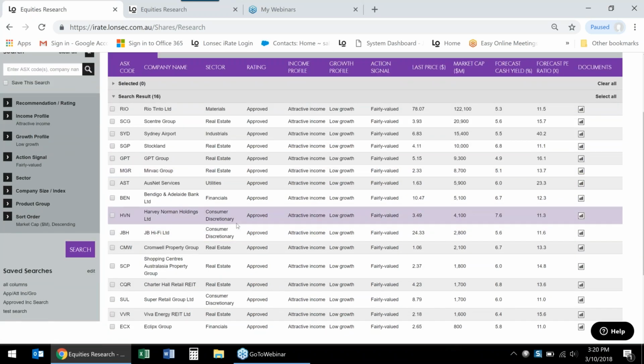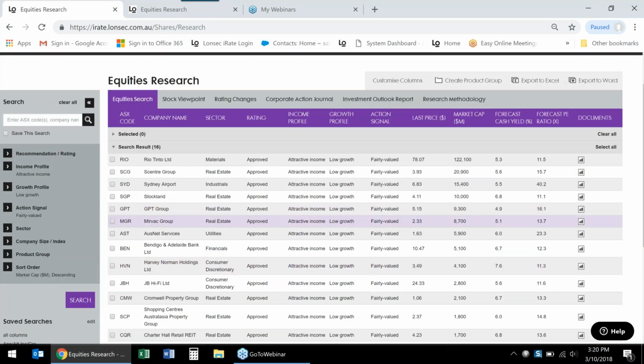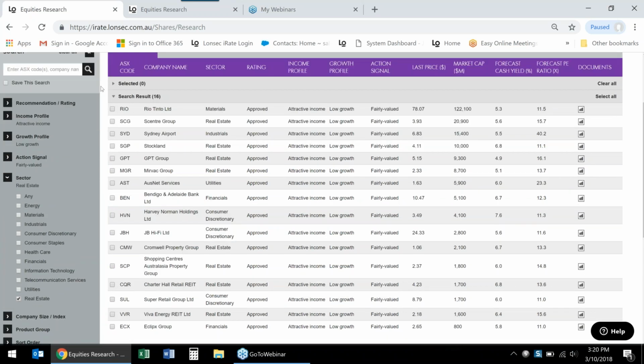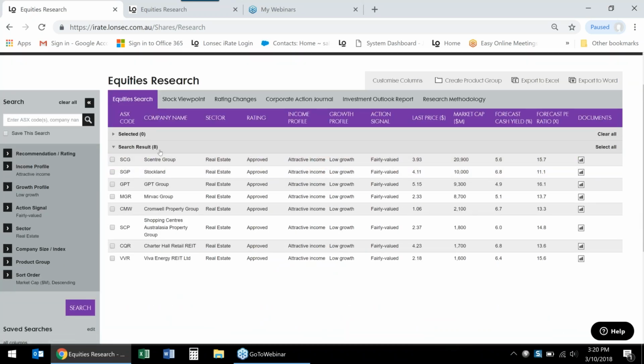Now I just want to limit these further, and I just want real estate. Click search again, and your search will now be narrowed down to be a lot smaller. So here I have 8 products that fall within all of these categories that I want to choose.